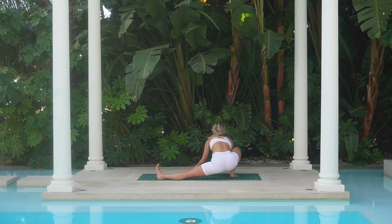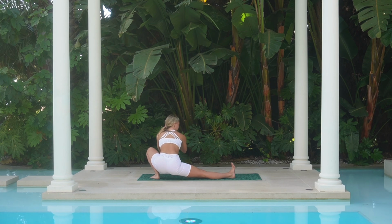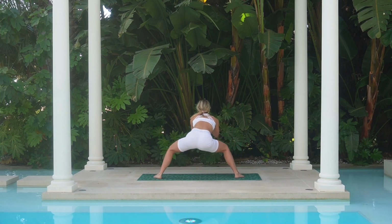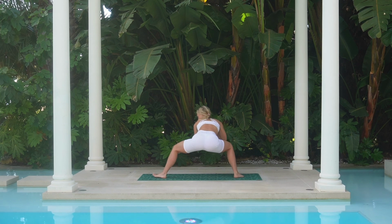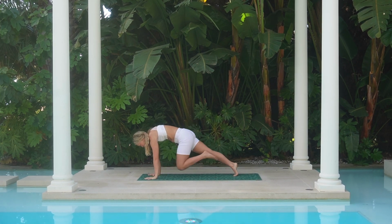How much can you sink your hips down? How much can you lift your heart? And then keep things low as you shift to the front. And then all the way to the back. Keep doing that a few times, side to side. And then we're going to move all the way back to the front, turn to the front, set yourself up